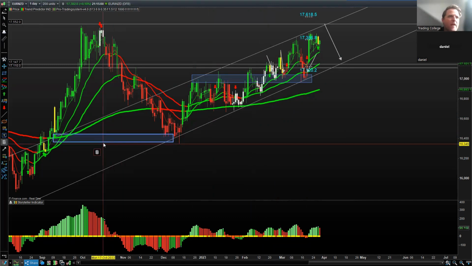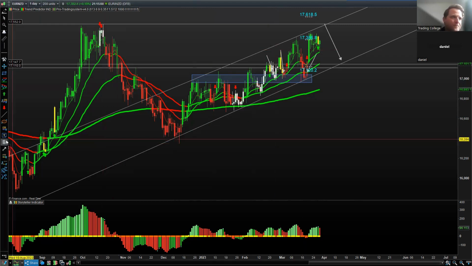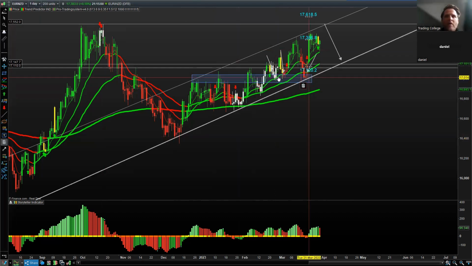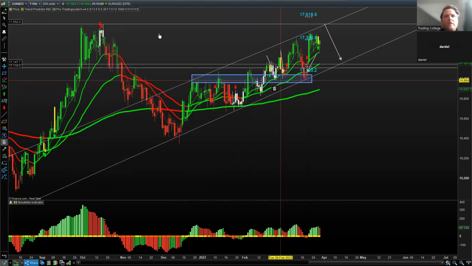Just mapping out support and resistance on a chart is really, really useful, using just very simple tools: horizontal and diagonal trend lines, and then a box to find support. That's on the daily time frame. When you're a day trader and you're down on maybe 5 minutes, 15 minutes, 1 hour time frames, it's really key to know where these big areas of support and resistance are, so you can trade